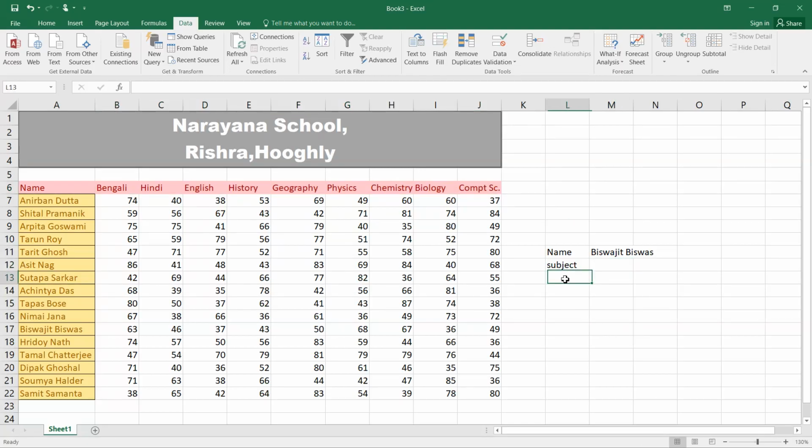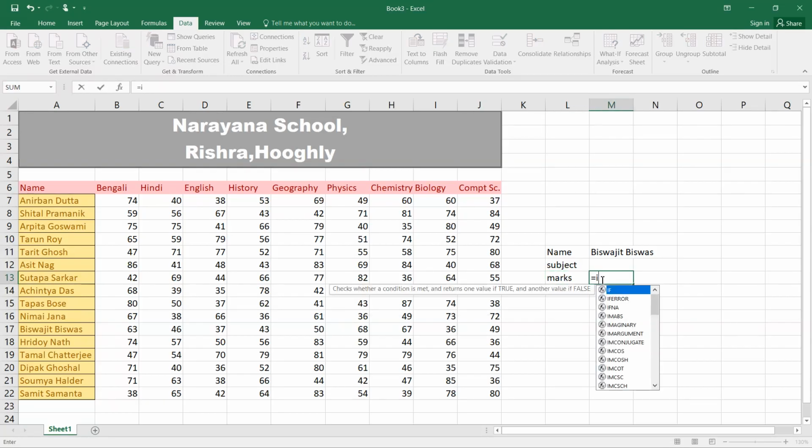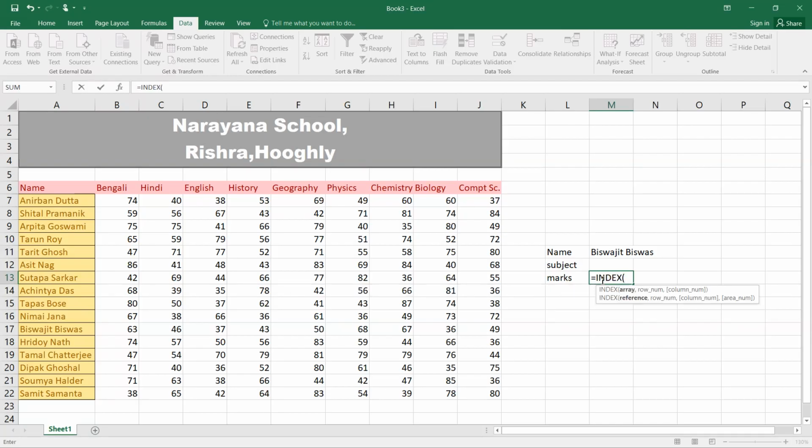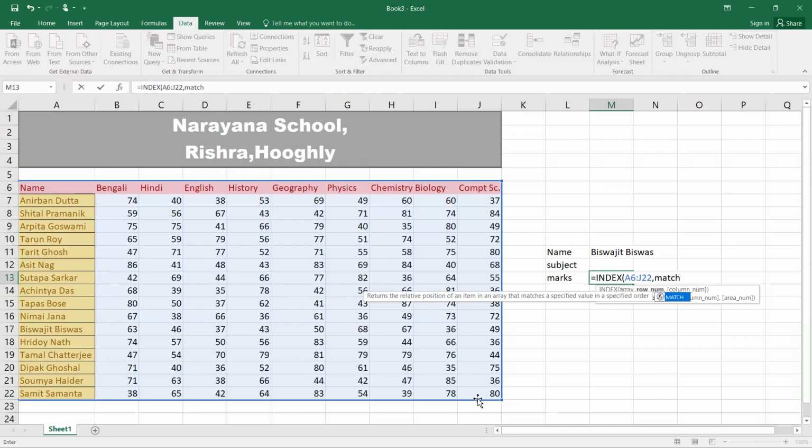Yeah, it's working fine. Now we'll be populating the marks. So this time we'll be using again the index match in a different approach. So index, the first parameter of the index is the whole of the table. So we'll be selecting this whole of the table, comma, it is asking for the row number. So the row number is for the Vishwajit. So for row number, who returns the row number? Match function returns the row number. It will be searching this lookup value, and it will be searching within this particular range of cells,